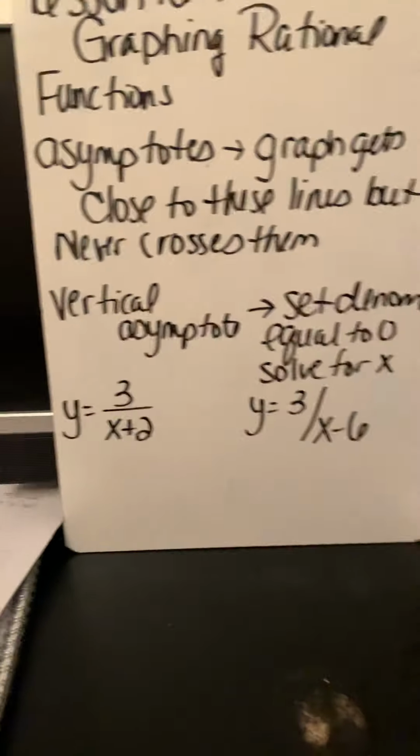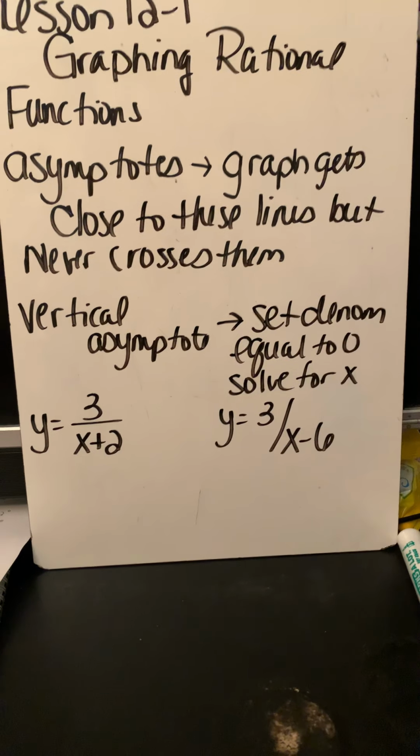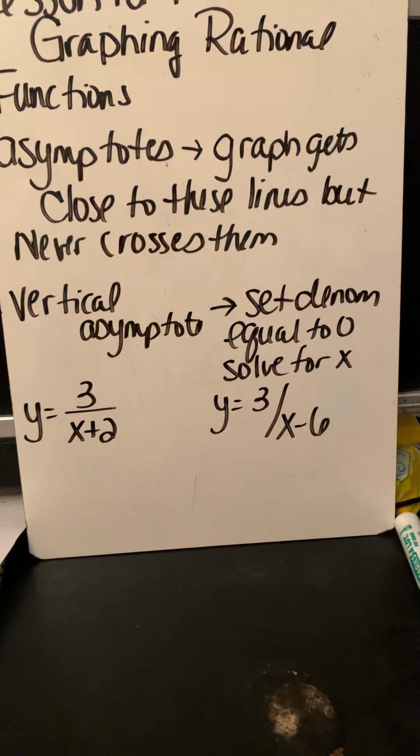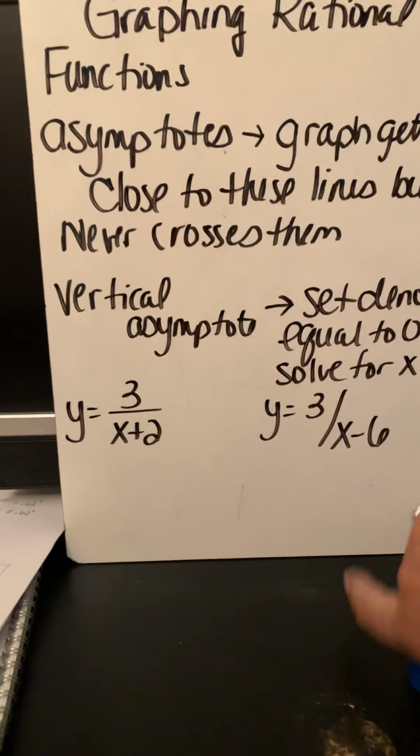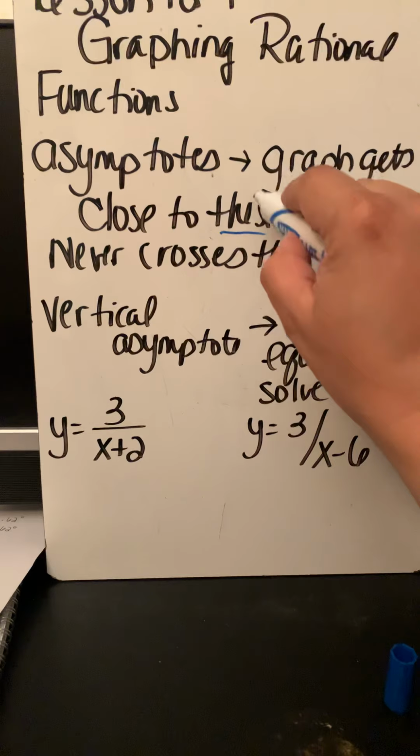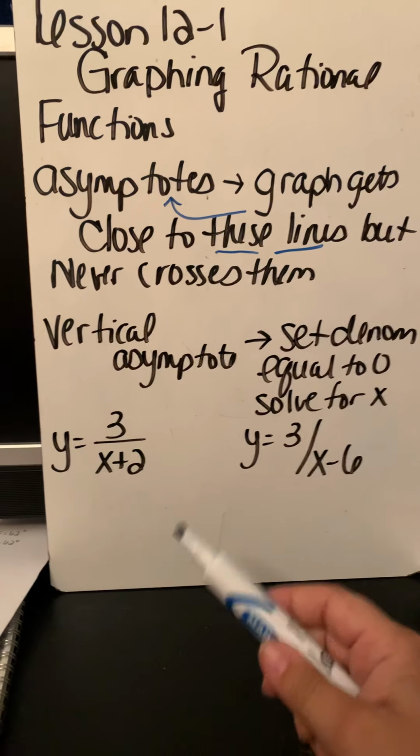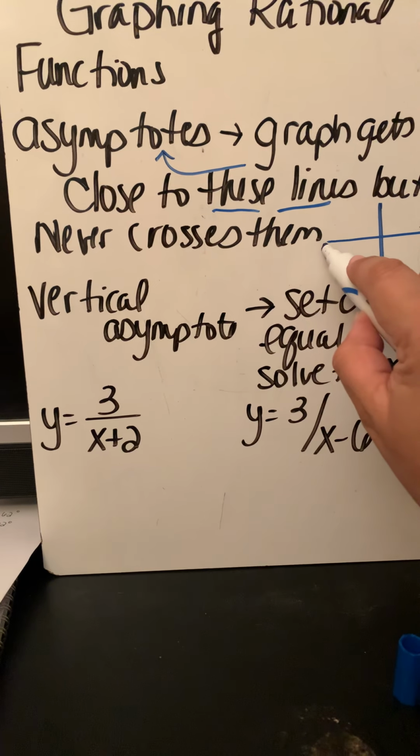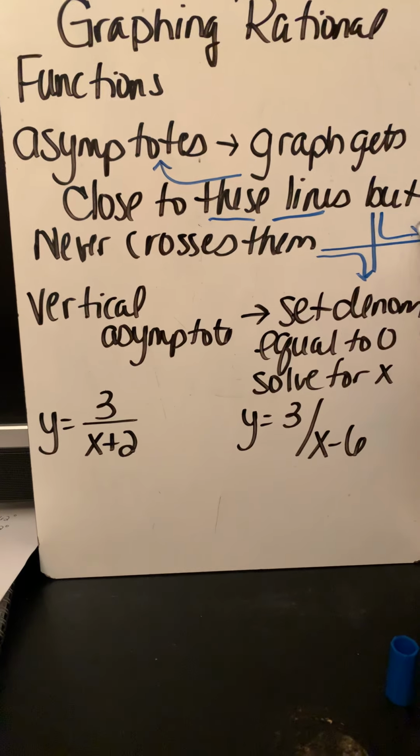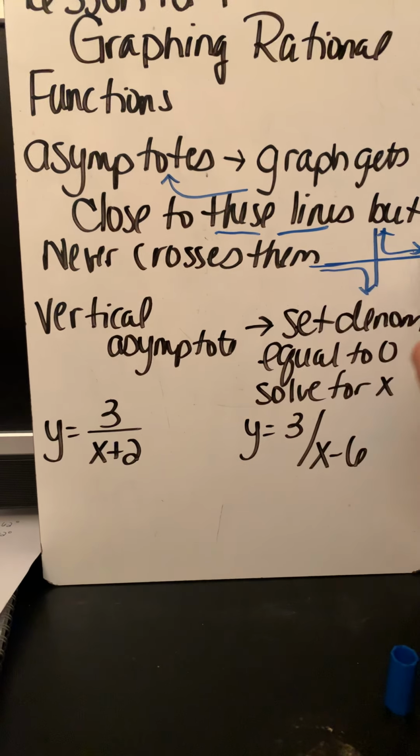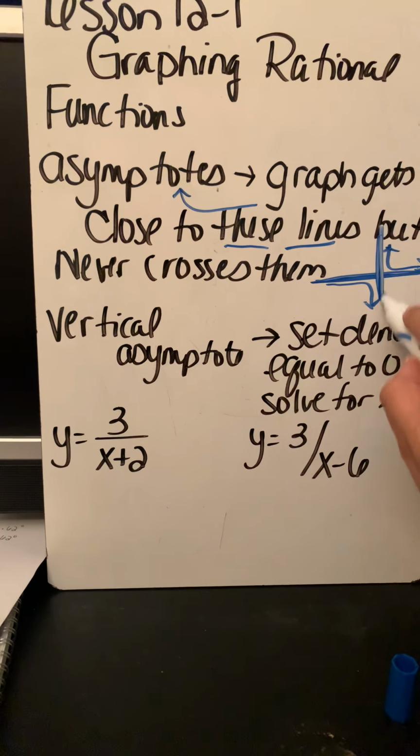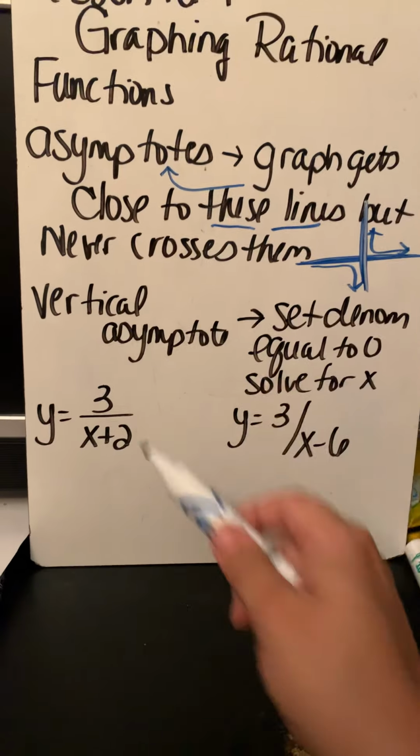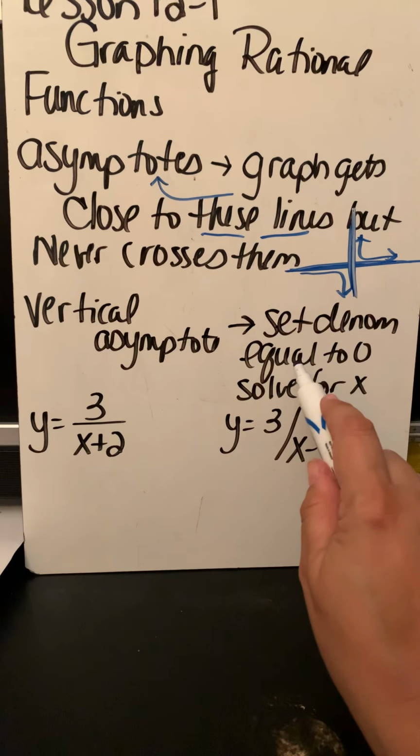classes. So an asymptote is where the graph gets close to these lines, but it'll never cross them. And these lines are what we call the asymptotes. So when a graph is getting really, really close to these lines and never crosses them, you have asymptotes. So if I have a rational function graph that looks like this, I would have an asymptote here and an asymptote right there. Okay, so a vertical asymptote, you set the denominator of your equation